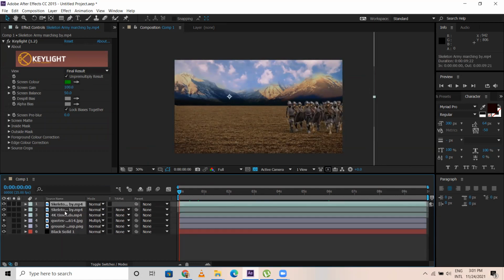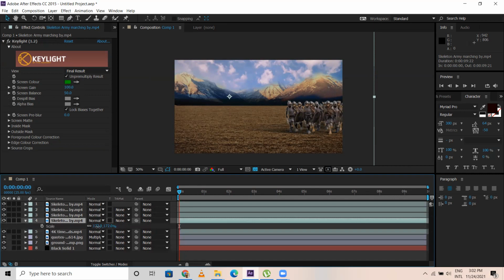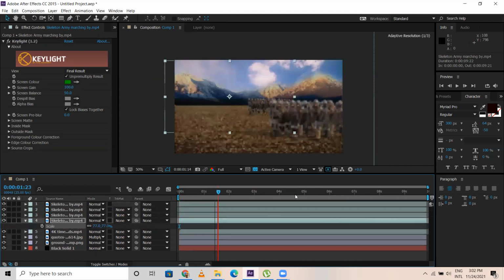Now what I do, I duplicate this layer. Let me make a couple of duplicates. Observe carefully. Let me take the bottom one. Scale this, make it smaller. Place it here. So you have to observe this as well.